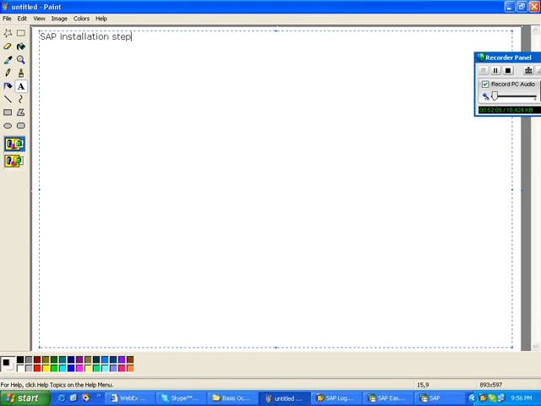I'll just define the SAP installation steps from the OS level. Install the OS. These are general steps for Unix and Linux environments. But after installation, I'll explain to you